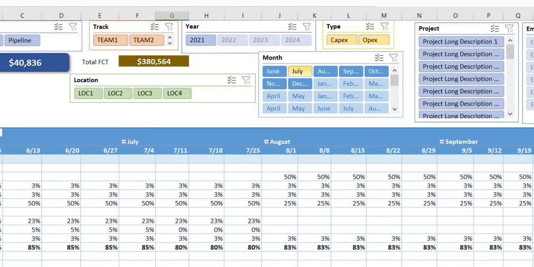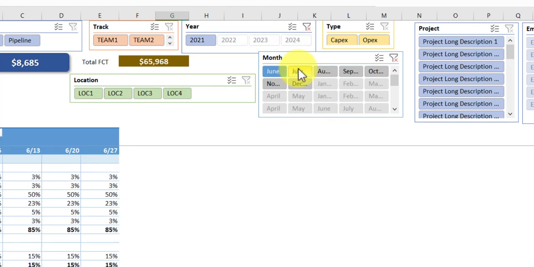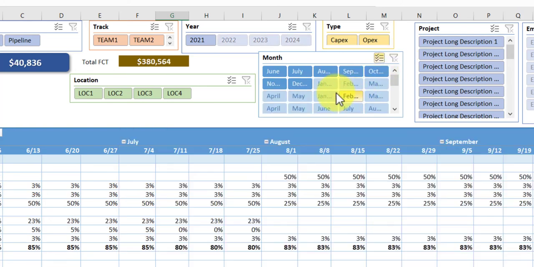Suppose I don't want to see June and July, I'll just remove them from the filters, and then it will show. If I want to do multi-select, you can just click over here, it will do the multi-select, and then based on that you can go ahead and deselect any number of months that you don't want to see or your report to show.